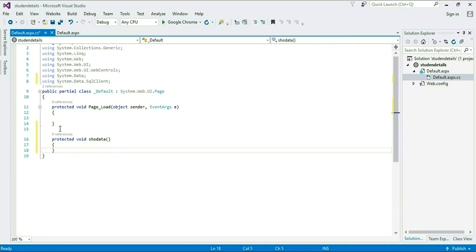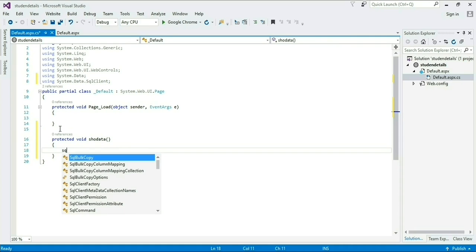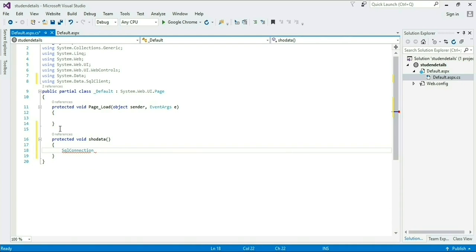I am simply creating a function for binding our grid view, and now I am giving a SQL connection. I am writing a statement of SqlConnection, and this is our variable name. Con1 is our variable name, or you can say the object name of the connection.